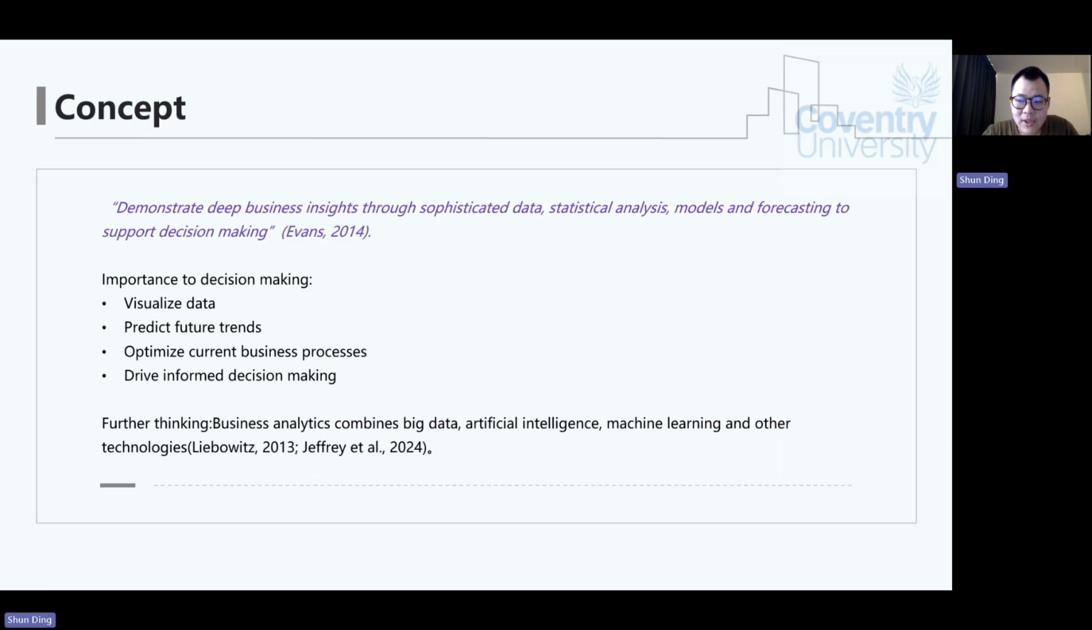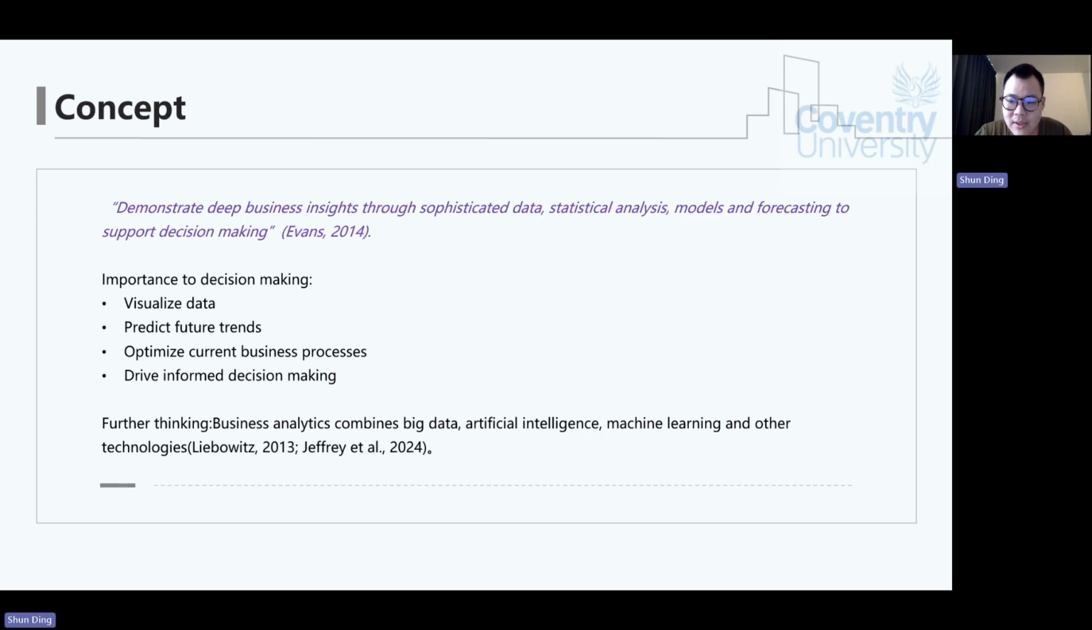First of all, what is business analytics? Business analytics provides decision makers with deep industrial, complete data, statistical analysis, models and predictions. The analysis not only helps decision makers understand the current business situation, but also helps them predict future trends and make